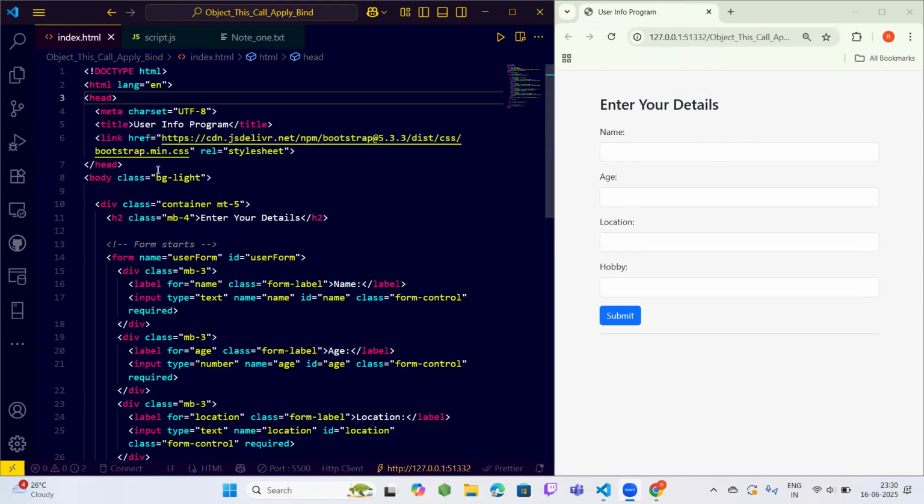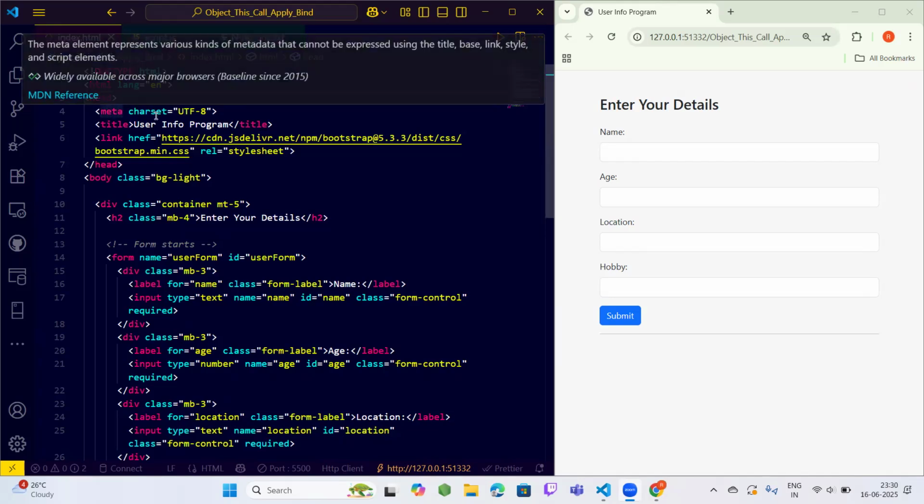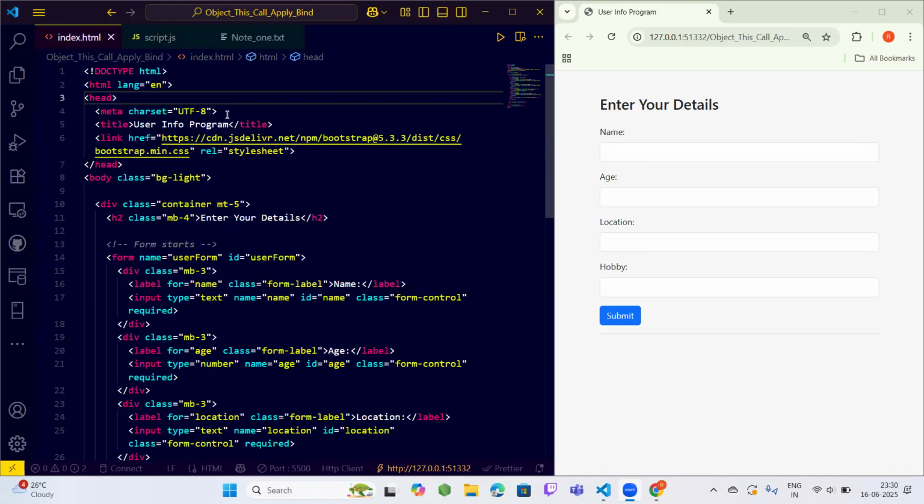After that, we are linking Bootstrap CSS to make CSS easy to use in this file. And there is also a meta charset UTF-8,